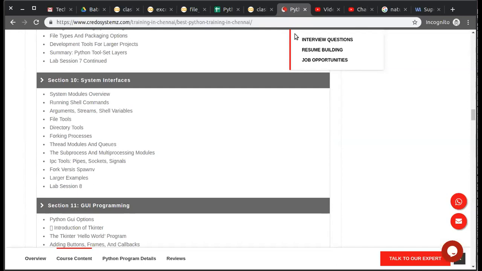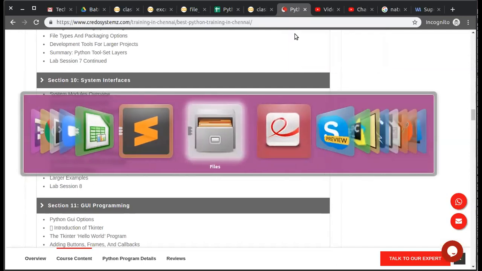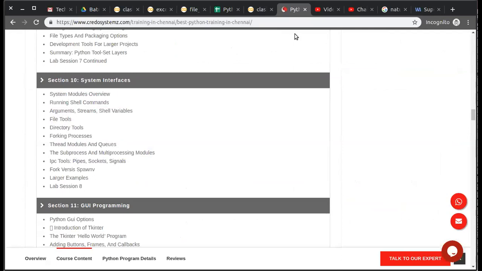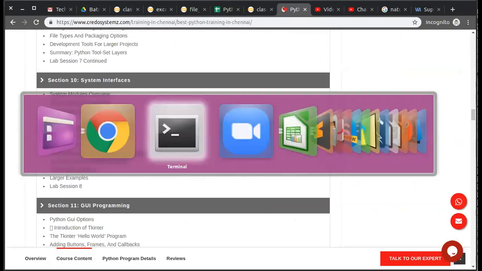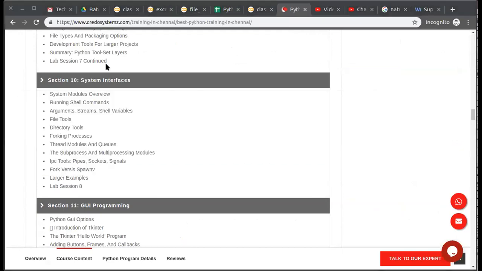What is system interface? What is system interface? Okay. So what is system interface? Any guesses? What does system interface mean?